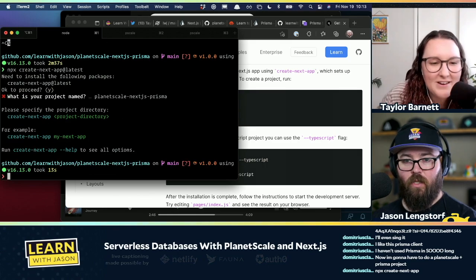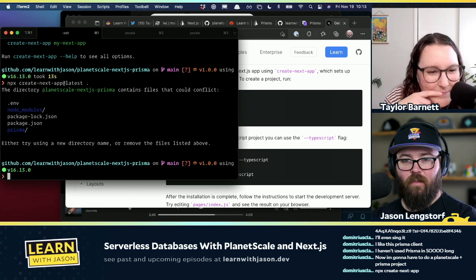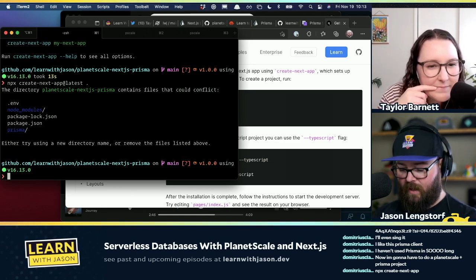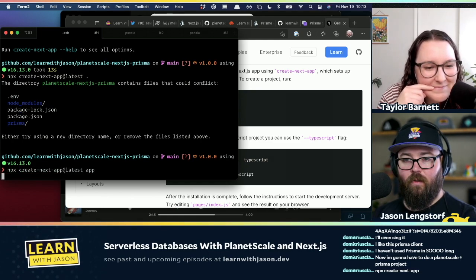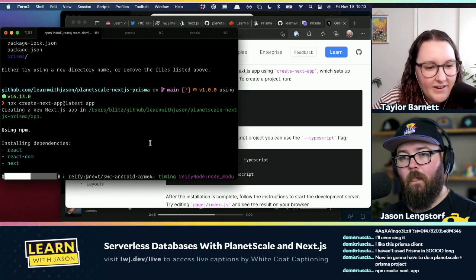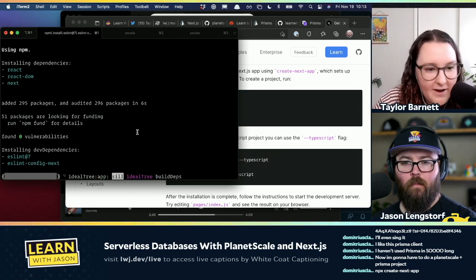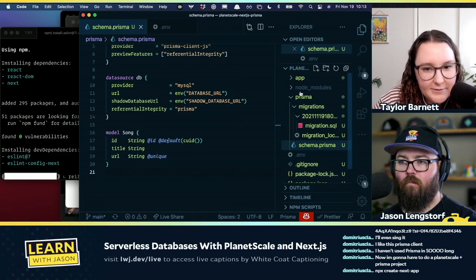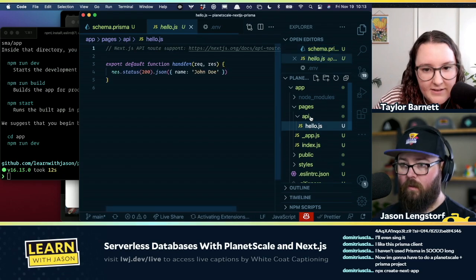Oh, is this gonna do it? It's gonna put it inside of it, probably. Is this gonna break because it doesn't want to? Oh no. Okay. All right. Here's what we're gonna do. We are going to just create an app folder, and that's gonna be fine. And yeah. So Next.js does the file-based routing, so then we can just go into the pages that it creates, this API, and just create a